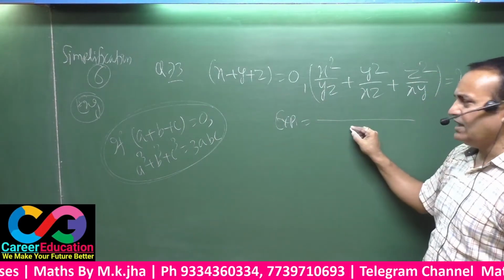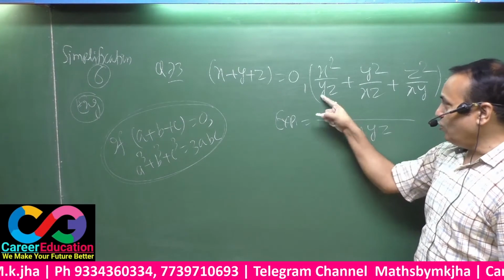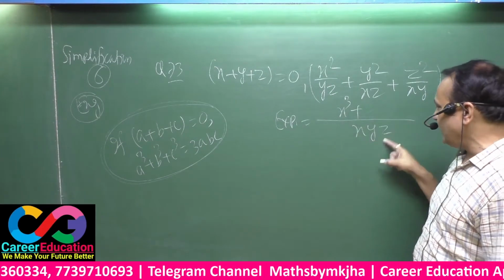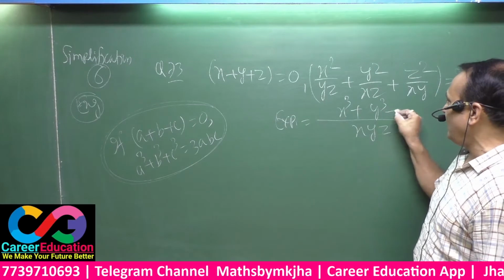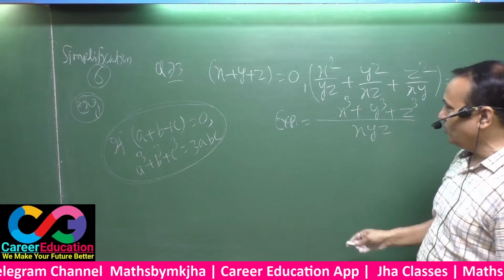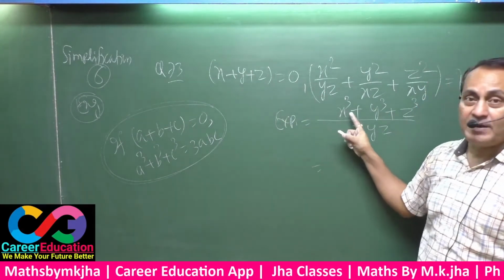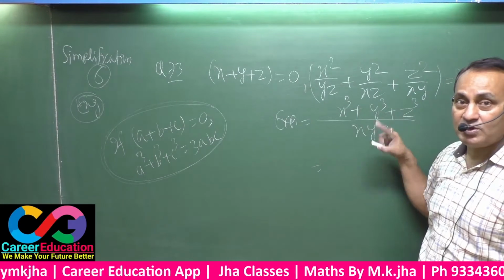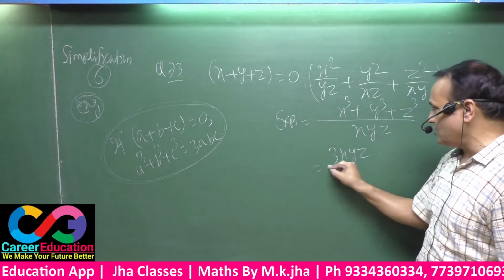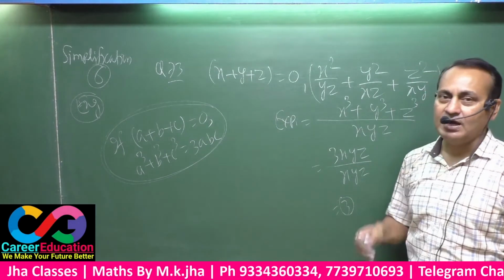firstly have the LCM of xy, yz, zx. This will be xyz. yz will be cancelled, x will be multiplied here, this will be x cube; xz will be cancelled, y will be multiplied here, this will be y cube; xy will be cancelled, z will be multiplied here, this will be z cube. That means, see here, if x plus y plus z equals 0, the value of x cube plus y cube plus z cube equals 3xyz. That means you put the value of this 3xyz, and this is xyz. Certainly after cancellation the answer is 3.